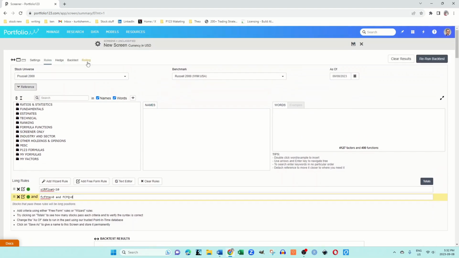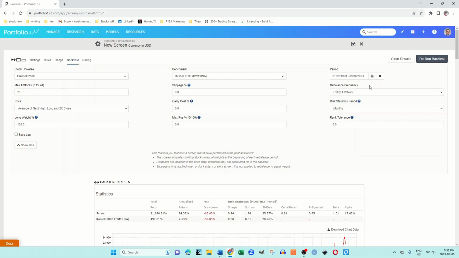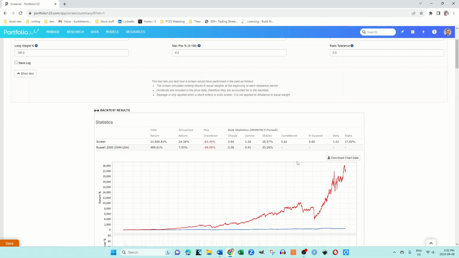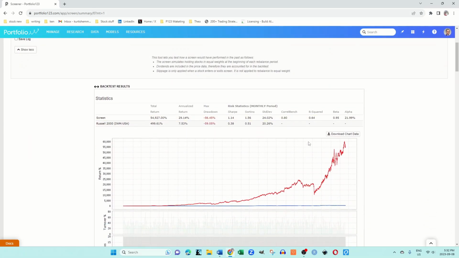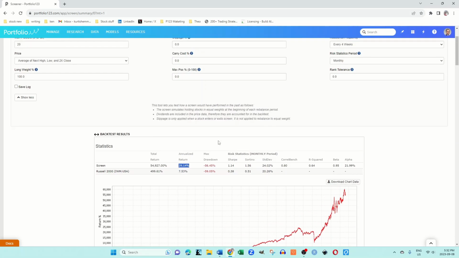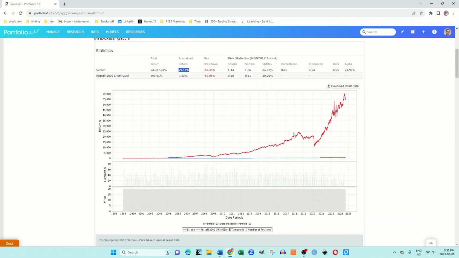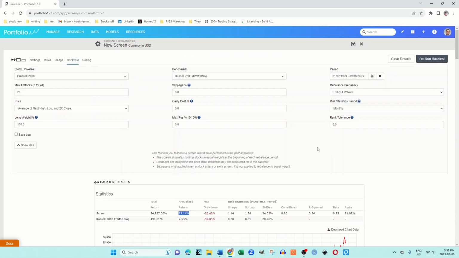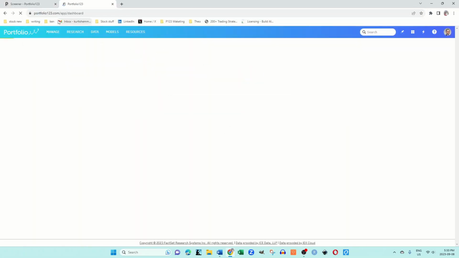And let's go ahead and run our screen again. Okay, so let's just say that we like this system. We're getting about 29% gross returns. You know, I mean, there are periods where it's definitely not working the best, but let's just say we're happy with that. So what is the next step? Well, the next step is we're going to want to